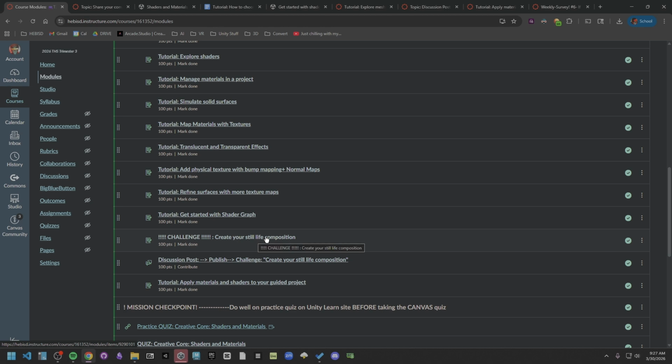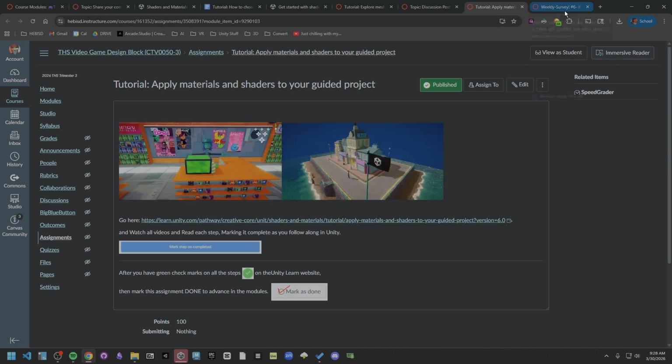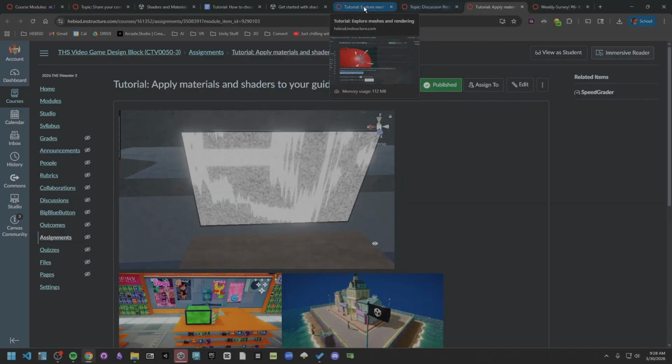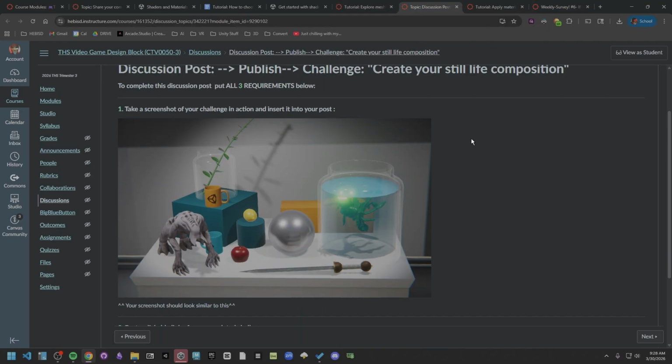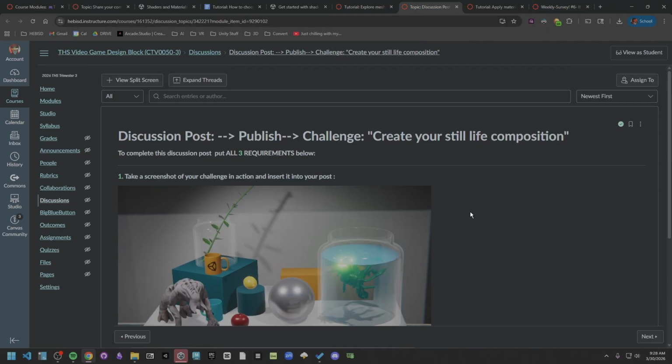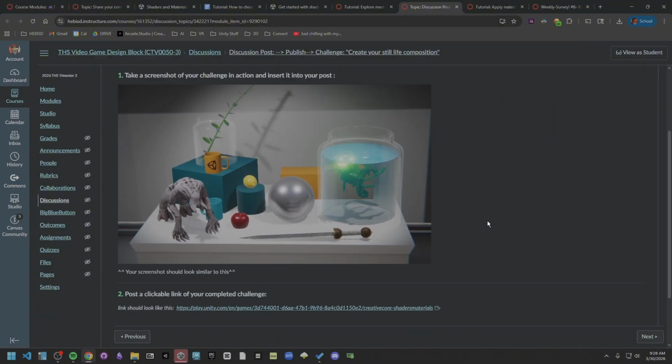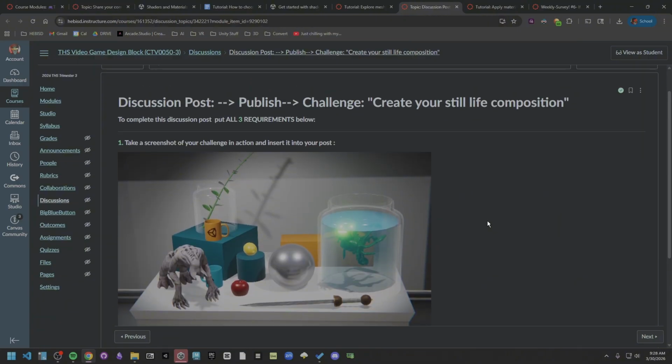Okay, so for each of these missions, we're going to have a challenge, which is shown by your discussion post. Move back here. Okay. So in this challenge, at the end, you're going to be creating a still life composition. What does that mean? If you've ever taken an art class, you may know what that is, but it's basically just arranging a bunch of objects on a table or pedestal and